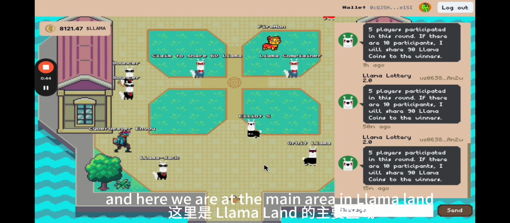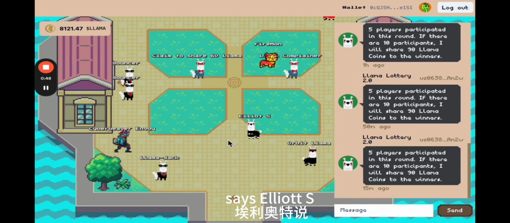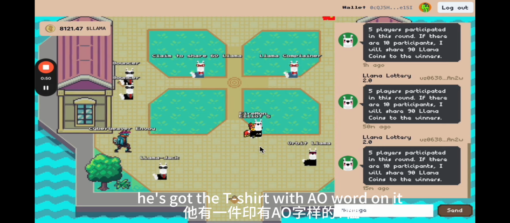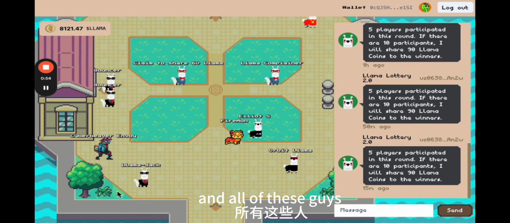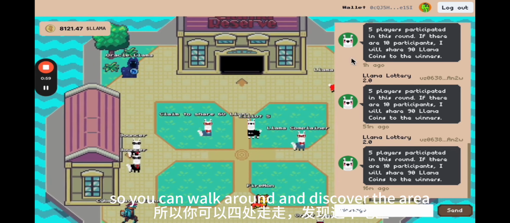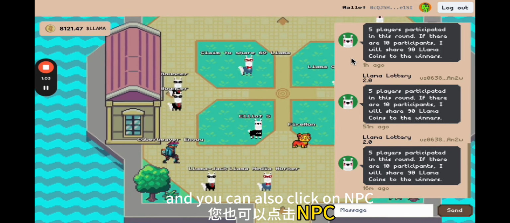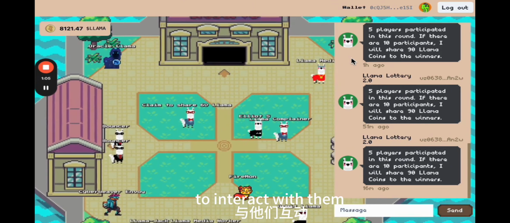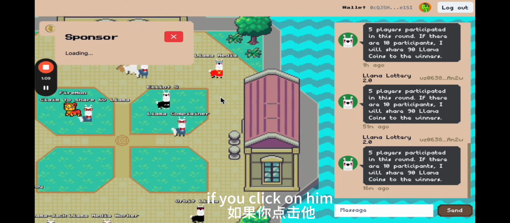And here we are at the main area in Llama Land. So my guy here is right in the middle because it says Elliot S. He's got the t-shirt with AO written on it. And all of these guys around us right now are actually NPCs. So you can walk around and discover the area. And you can also click on an NPC to interact with them. So there's this guy here called Llama Media. If you click on him,